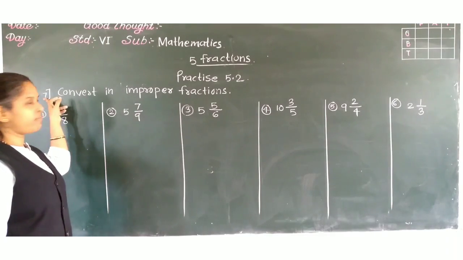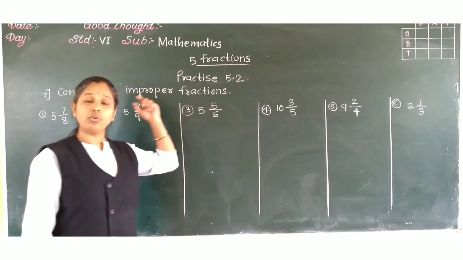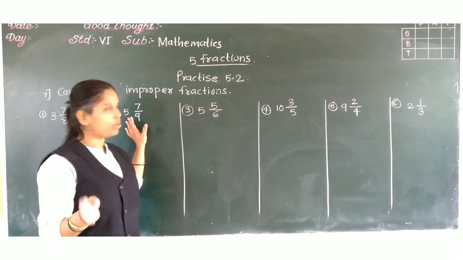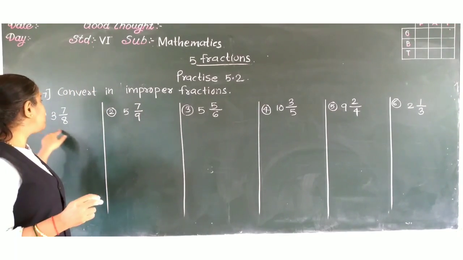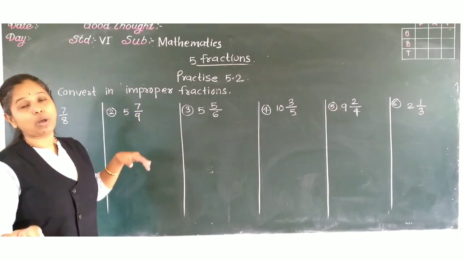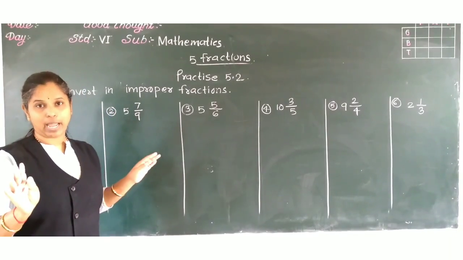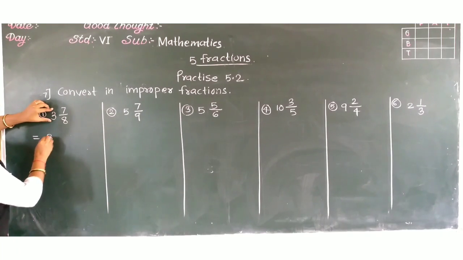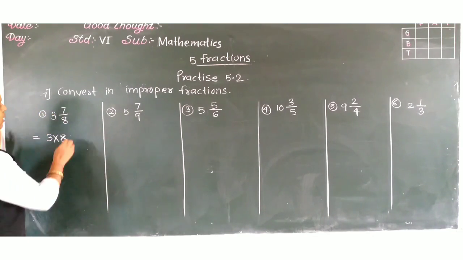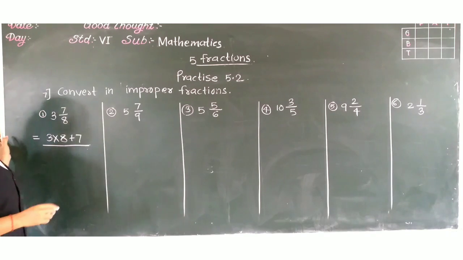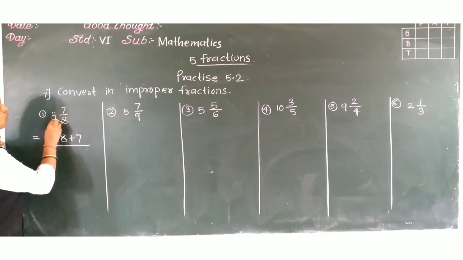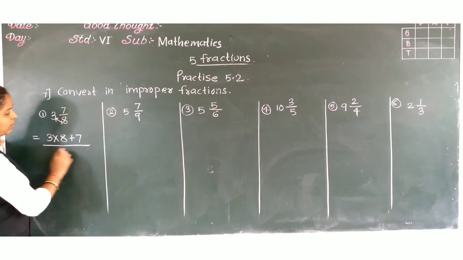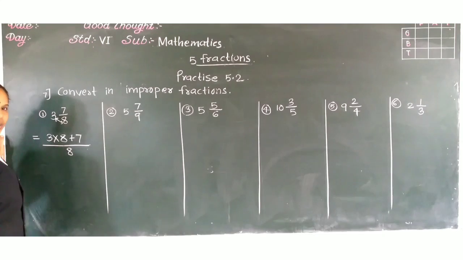Okay. Then, question number 7. Converting to an improper fraction. Now, in question number 6, we learned how to convert an improper fraction into a mixed fraction by dividing. Now, here we have to convert this mixed fraction into an improper one. So, what will we do now? There we did division. Here we have to multiply. But how to multiply here? We have to multiply the whole number with the denominator and add the numerator to that. Then this will be at the numerator and the denominator will remain the same.